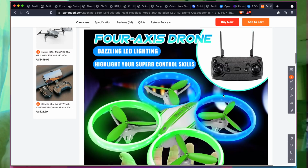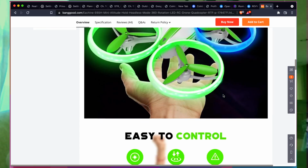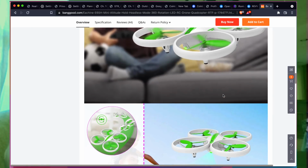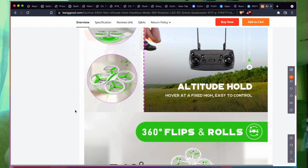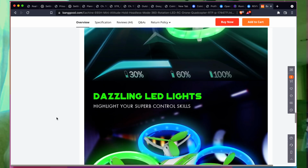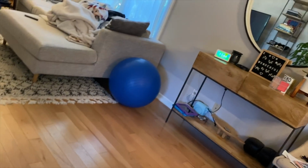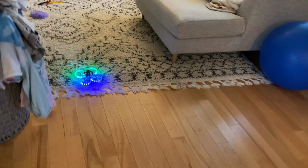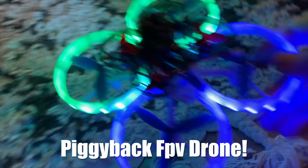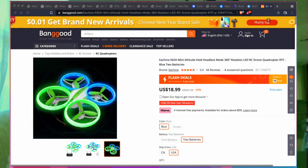But the most important thing about this drone is not that it's just a cheap, junky little drone. It's a drone that can basically put you on your journey towards getting into our hobby and really having fun with it. One of my first drones ever was a little Traxxas drone, and yeah, Traxxas used to make drones back in the day. Imagine that. They're known for RC cars, but they also made drones, and they made some pretty cool ones. I crashed it all over the house, and eventually it ended up somewhere in the trash. But this one is one of those kinds that can get you started indoors or outdoors,